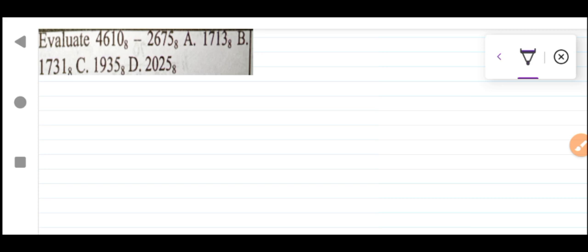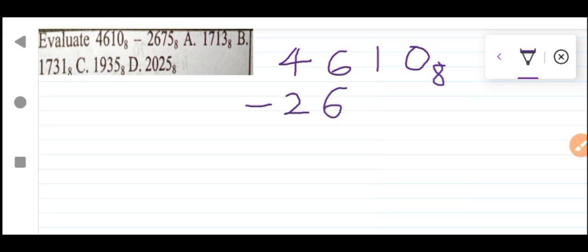No students ever like solving questions on subtraction of number bases, but they forget it is very simple. So let's get started. The question says 4610 in base 8 minus 2675